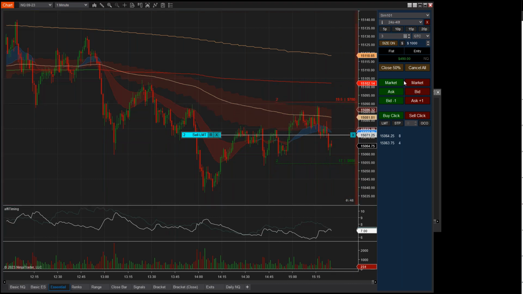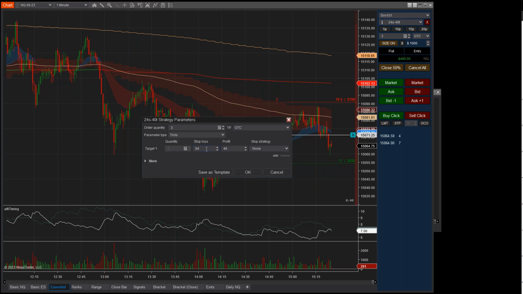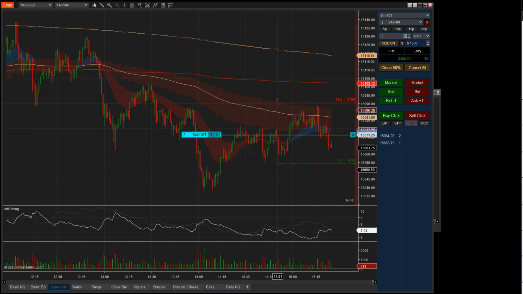And you're exactly right, John. Thank you. It's a dynamic ATM. So if I open my ATM right now, stop loss is 84 ticks, profit is 40. Profit should be more than 40, but anyways, that's exactly what you're saying, that as you adjust these, it's actually moving the ATM strategy around. So when you're filled on this, you're going to have this exact plan.